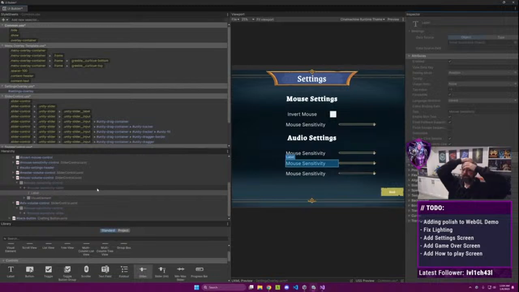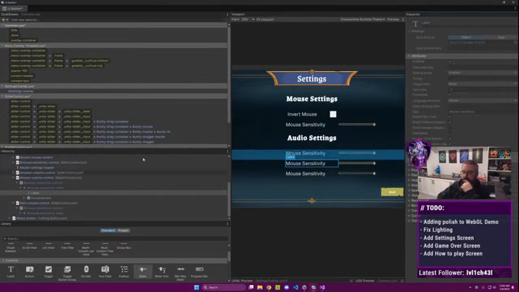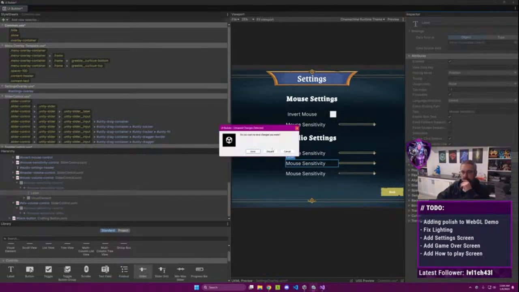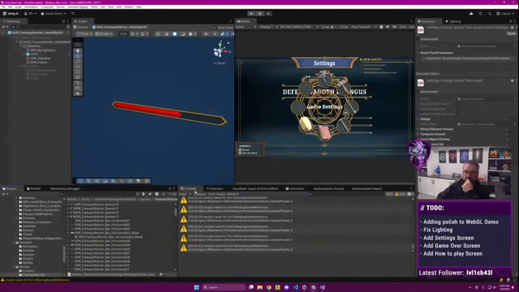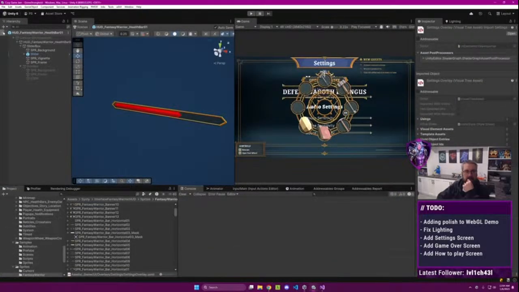All right, we're getting there. I think we're gonna have to look at this a little bit more. Maybe I'll do some research on how to customize components like this on the new UI system. But we're starting to flesh this out a little bit. I think I'm just gonna wire up the back button on each of these, and then